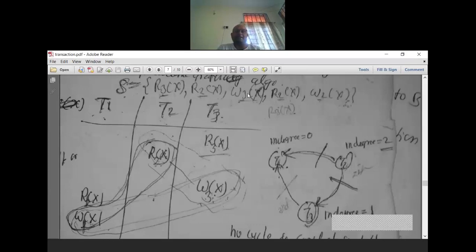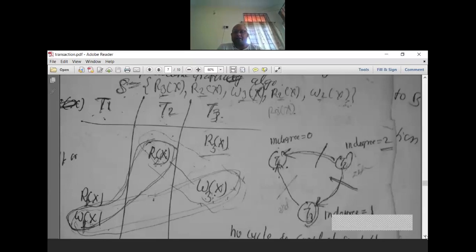In the similar case, W3x. W3x means the third transaction is performing this operation on data item X after this one. So I have written it below this, but in transaction T3, because it is the third transaction. In the similar case, it is performed. See, something is written wrong here. It is actually R1x. So 2 is not here, actually R1x is there. So I have written R1x below W3x because it has performed this operation after this operation.